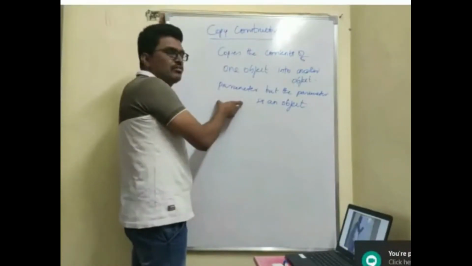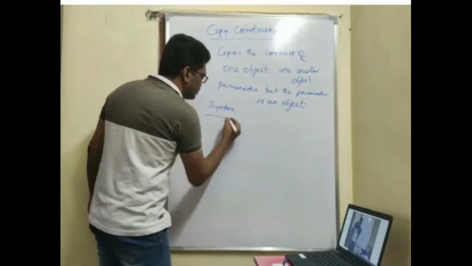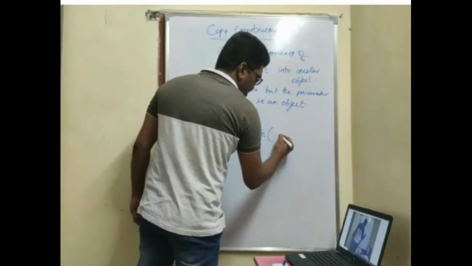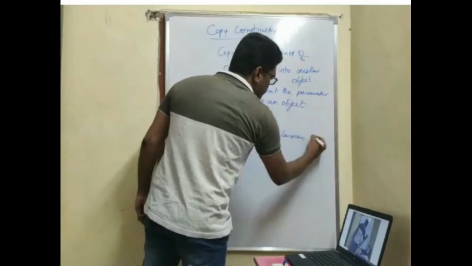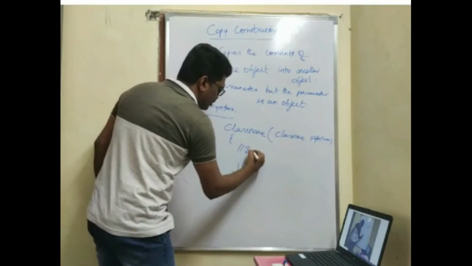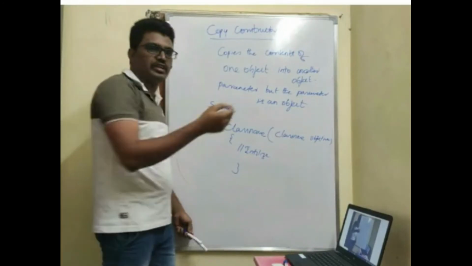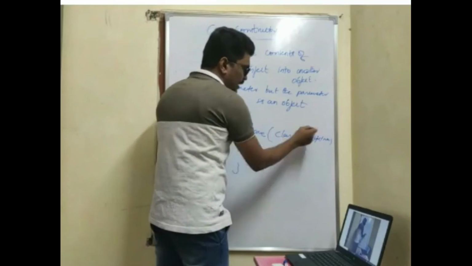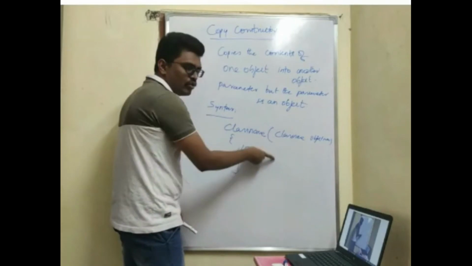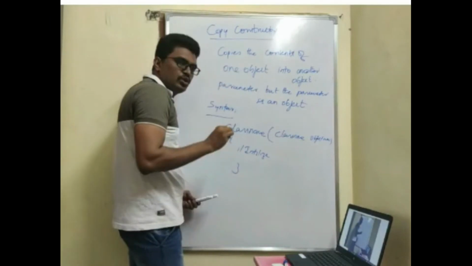You can copy the contents of one object into another object only when you have another object. Okay, see the syntax for this. As usual, class name. Here you will specify the object. How do you create an object? Again, class name, object name. Here you are going to initialize. How to create an object of a class? You give class name, object name. This is the constructor name. Here you are going to initialize. So this is how your copy constructor is going to be defined.